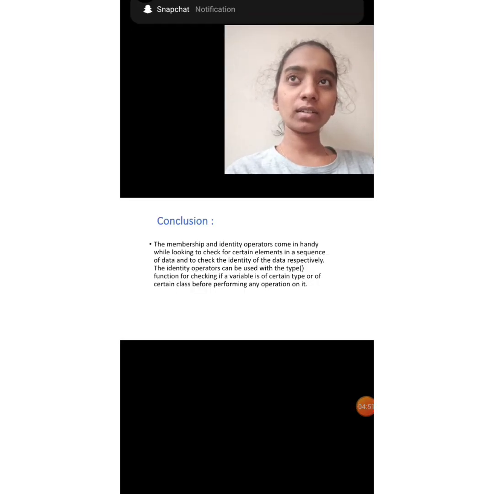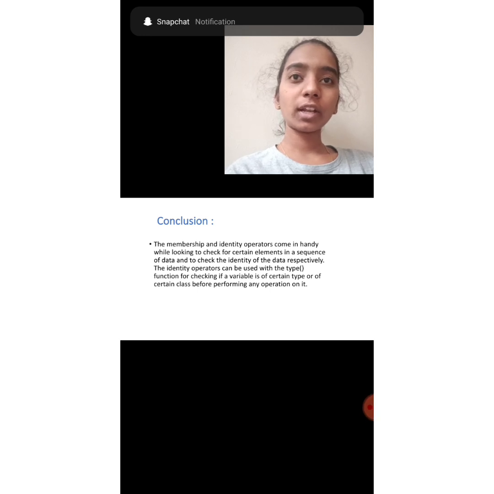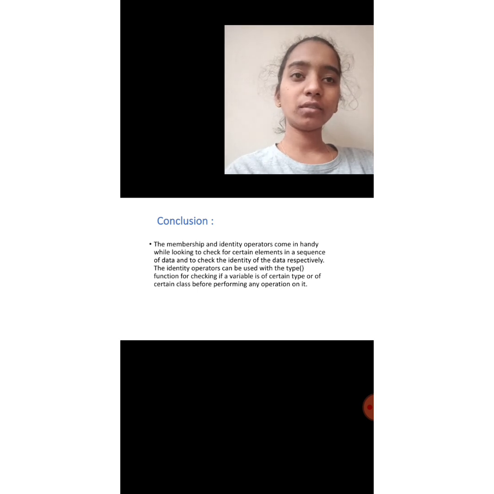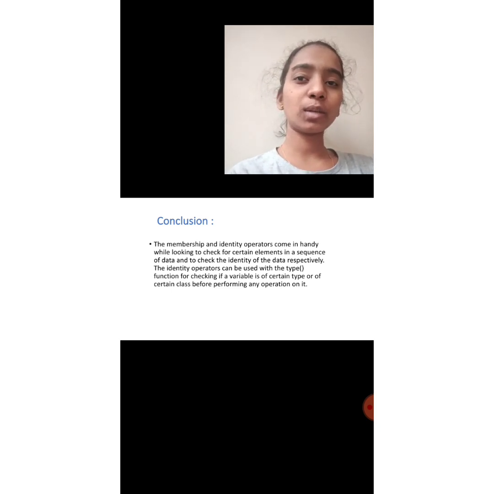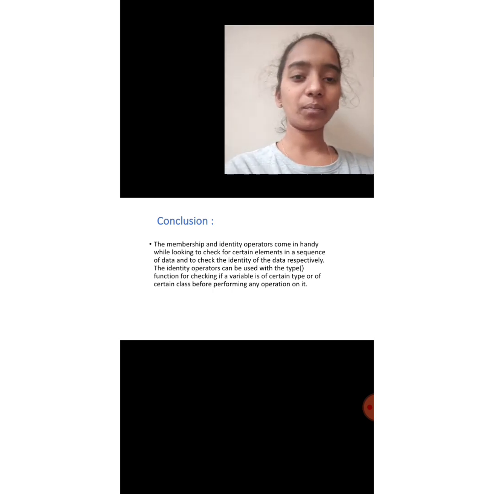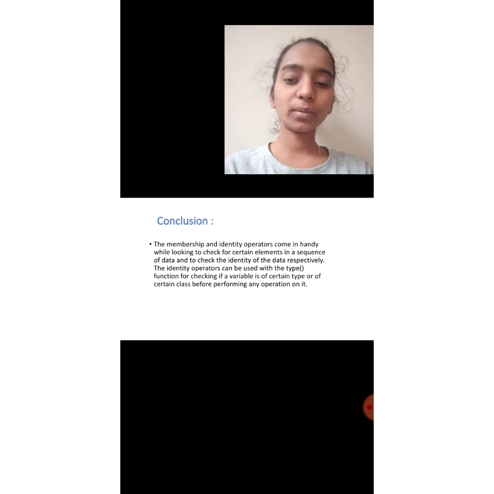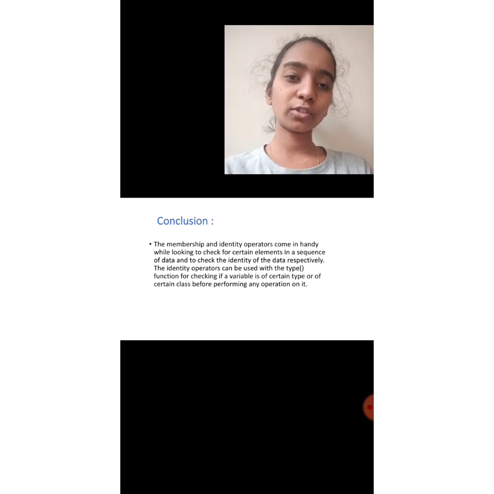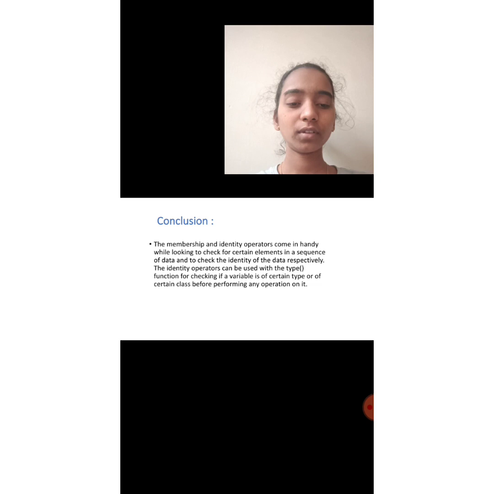We can see the many operators. Assignment operator: an operator which is used to assign the data or result of an expression into a variable is called an assignment operator. The assignment operator is denoted by the equals sign. Types of assignment operator: simple assignment operator, shorthand assignment operator, multiple assignment operator. Simple assignment operator: the syntax is variable equals expression. A is equal to 2, B is equal to 5.